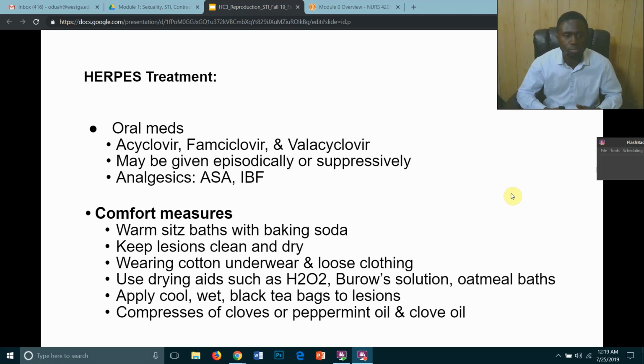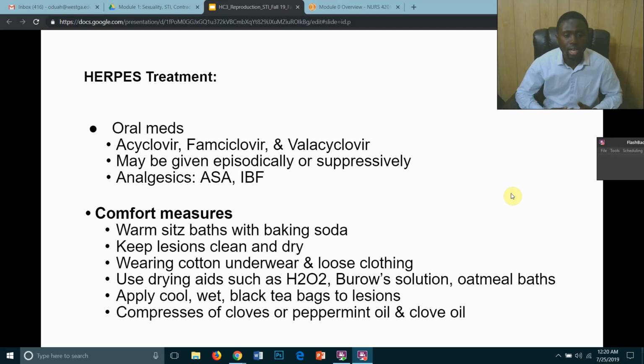You can also pour water over the patient's genitals while voiding, or encourage voiding while the patient is sitting in tap water or standing in a shower, and this will reduce the pain that the patient may have. If the patient is unable to void due to the pain, catheterization may be indicated. So you as the nurse will insert a urinary catheter to make sure that there is no urinary stasis.